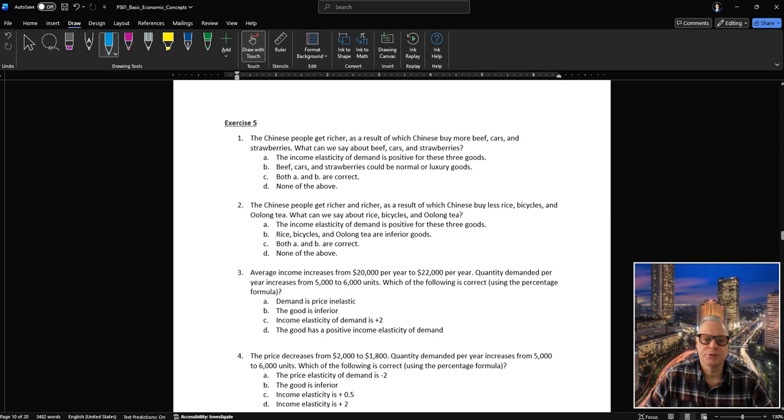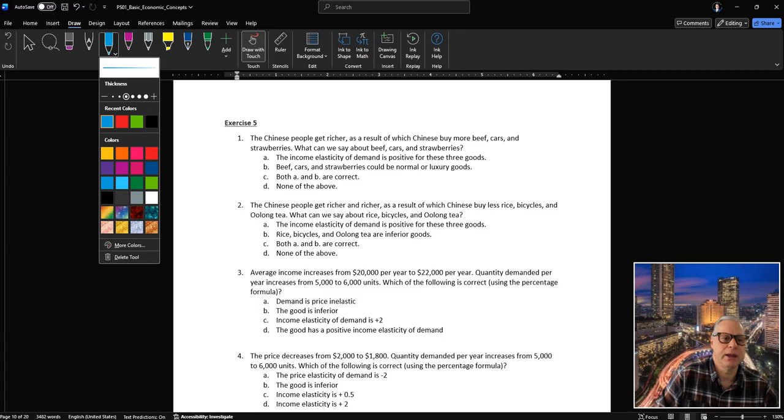So the Chinese people get richer, as a result of which Chinese buy more beef, cars and strawberries. What can we say about beef, cars and strawberries? So the income elasticity of demand is positive for these goods. Yeah, that's definitely the case, because if the income goes up, so we have the income elasticity of demand, and